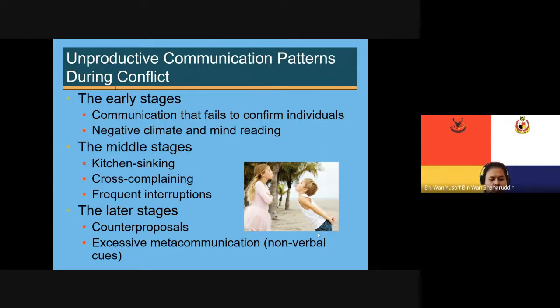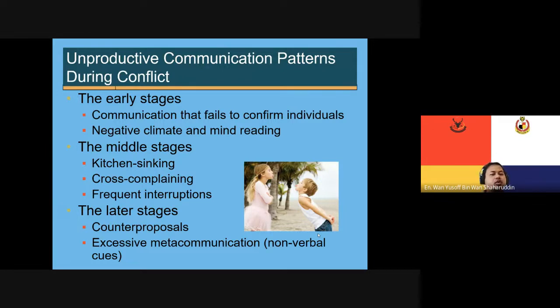So you will tend to tell everything that you have kept all of this time. You are actually arguing about the shirts, but because of kitchen sinking, you will tend to tell him everything that you are dissatisfied with. For example, the color of the house, the handbag that you bought, what else, the gift that he gave to his mom but did not give to you, for example. So you remind him of things that you are unsatisfied with.